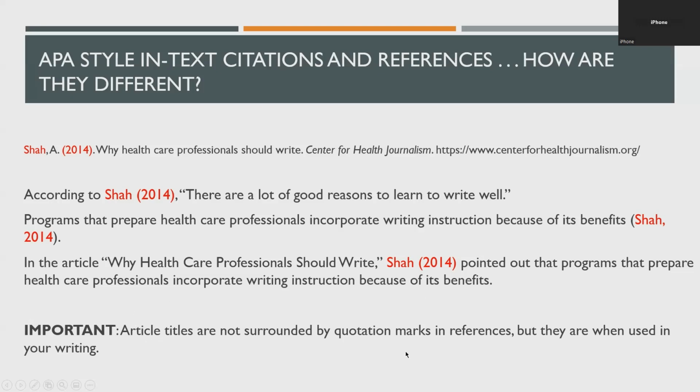And then this is a side note here, and this is something that makes APA a little bit tricky. When I was younger, I used exclusively MLA. And then it was only when I became older, when I was in grad school, that I started using APA format. And something that I found tricky is that when you use the title of a source in an essay, in a paragraph, in a discussion board post, the title needs to go in quotation marks like we see here for Why Healthcare Professionals Should Write. But notice that in my reference, which would go in my reference list, I have not put the title in quotation marks. I don't know why APA decided to do that.